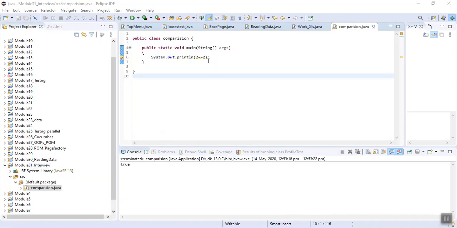Suppose I write System.out.println, 2 exact to 2, and if I run it, it will return me true.